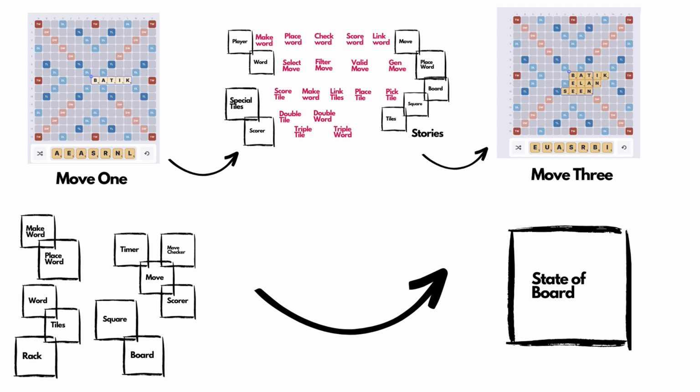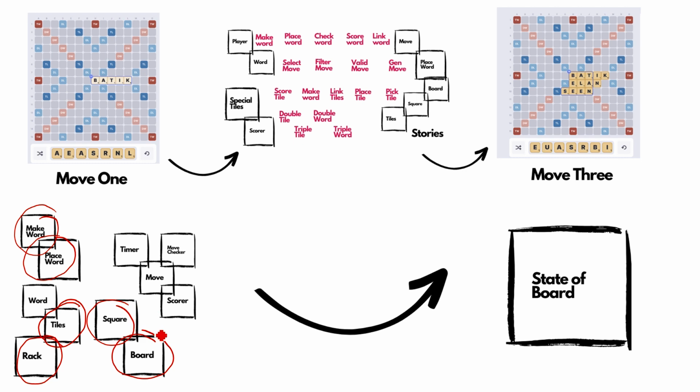If you think in terms of how you go from move number 1 to move number 2, think in terms of the framework that we've identified in the lecture for week 2, which is actors, roles, and behaviors. So a player, which could be a human player or AI, makes a word and places the word. How does he do that? He does that by creating a word from a set of tiles that are picked up from the rack, and then those tiles are placed on specific squares on the board.